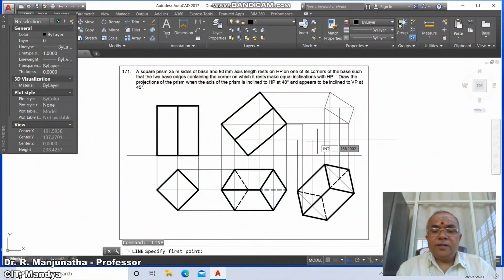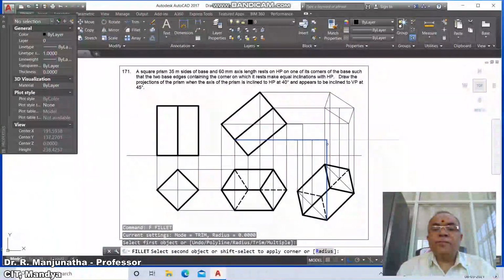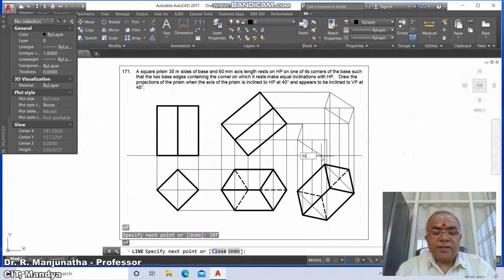Then go to line int of this and draw perpendicular to this. Then go to fillet between these two. Then go to line int of this and draw perpendicular to this. Then go to line int of this, take int of this, take intersection part of this, take int of this